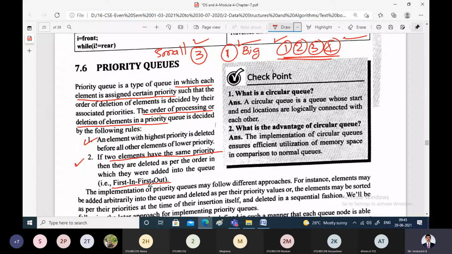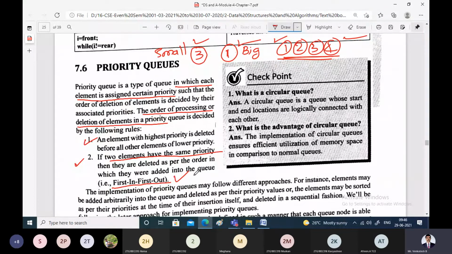Because there are two jobs or two processes which have the same priority, whom should you give priority to? That will be decided based on first in, first out. That is, whichever element has come into the queue first, that element will be processed first. So that is the simple concept of the priority queue.